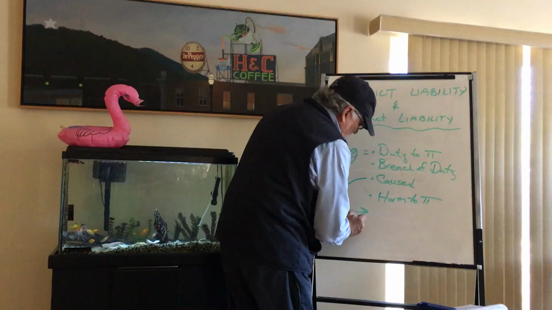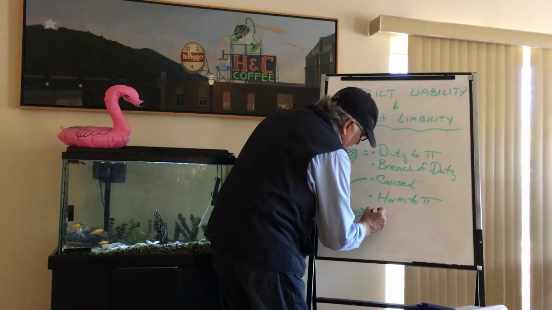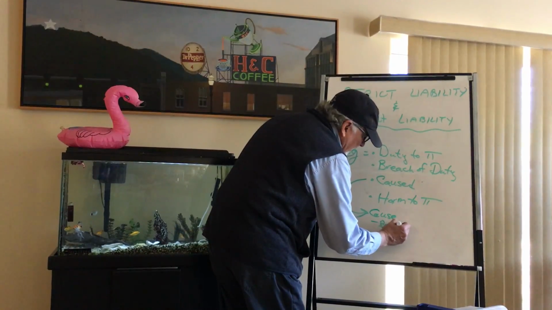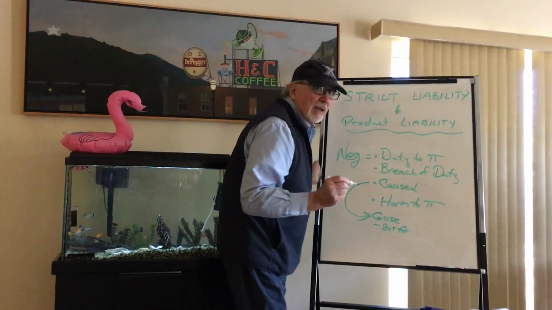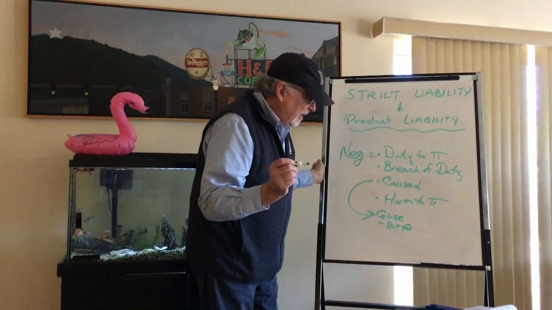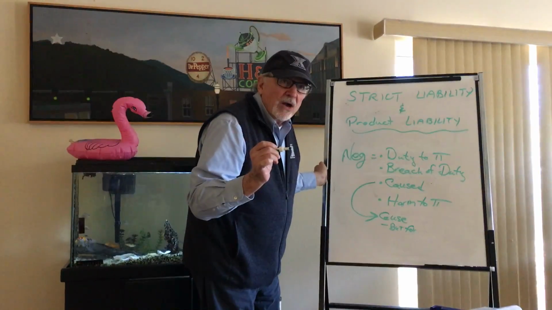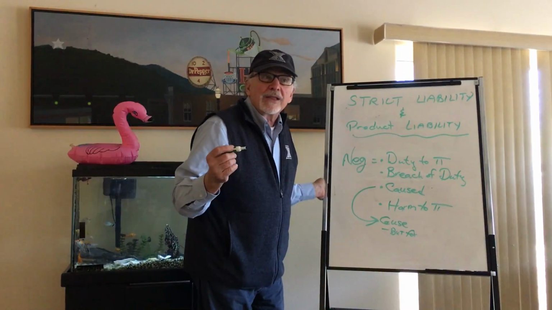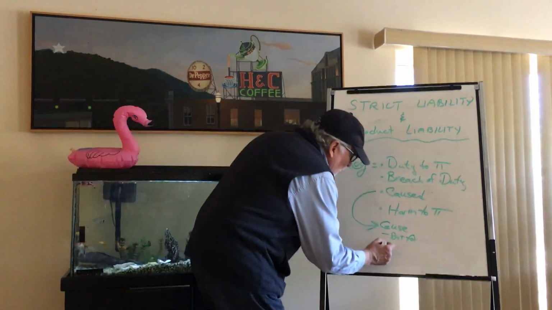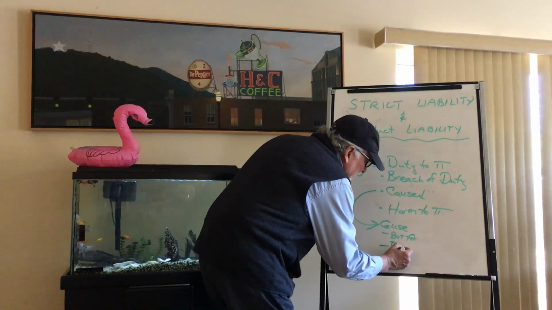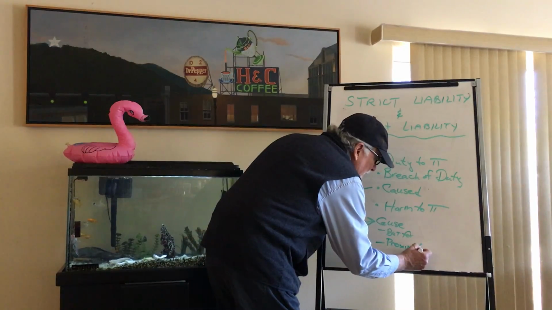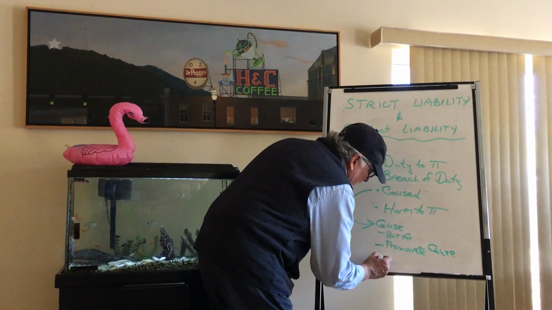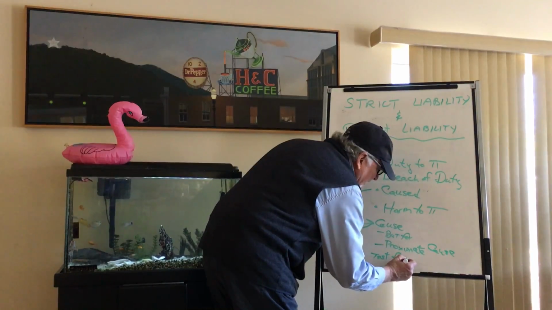Now, remember also that causation has two components. One is but for, that is, but for something, then this accident would not have been caused. However, but for is too broad. For example, but for the fact that God created the earth, we wouldn't have had this accident. So what the courts look at is proximate cause. And if you remember, the test of proximate cause is foreseeability.